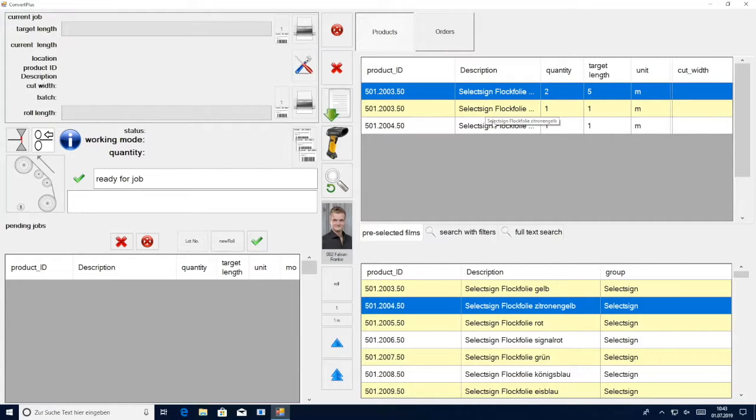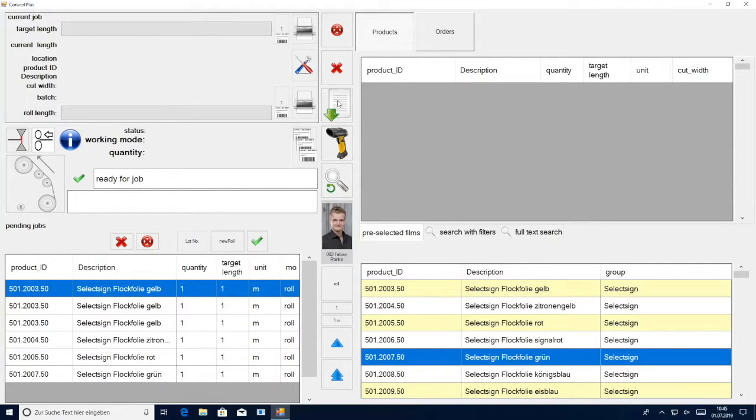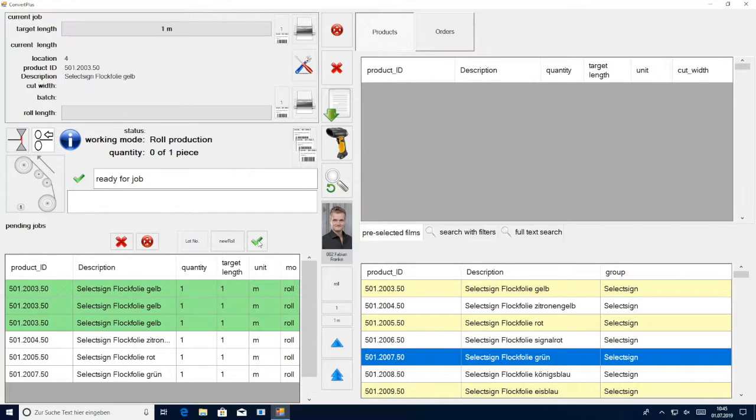After selecting the products that you need to convert, you can send them down into the production queue by either scanning a label or clicking this button right here. After sending jobs down into the production queue, there are two ways you can proceed. You can either scan the barcode label on the production code to confirm the material you are converting, to prevent production errors such as converting the wrong material. If the material you are converting does not have a barcode label, you are also able to click the green check mark to confirm the material you want to convert. If you end up confirming the job with a green check mark, it will state in the log file that the operator confirmed the job manually, not by scanning.